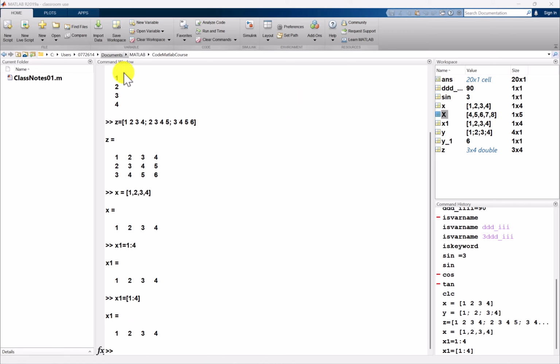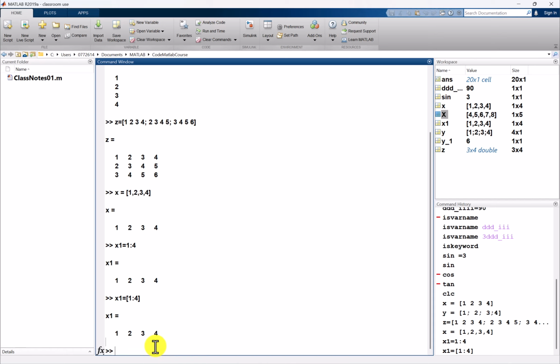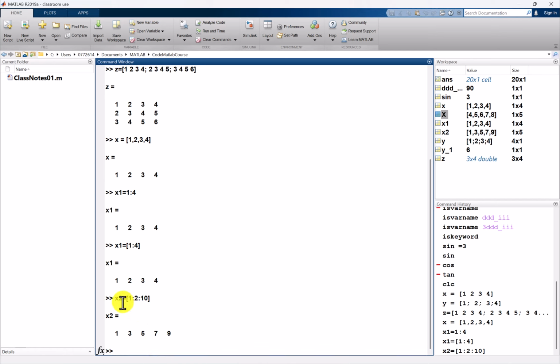I could easily have gone in here and said, well, I don't want to increment by 1, I want to increment by another value. So I'd like to use a square bracket just for sanity's sake. I'll say 1 2 colon, and I want to go up to 10, enter. What that does is says I want to start at value 1, end at value 10, and increment by 2. So that gives me 1 plus 2 is 3, plus 2 is 5, plus 2 is 7, and 9. So if I look here at x2, I have a 1 by 5 horizontal array or row,